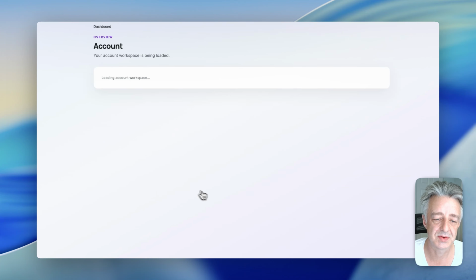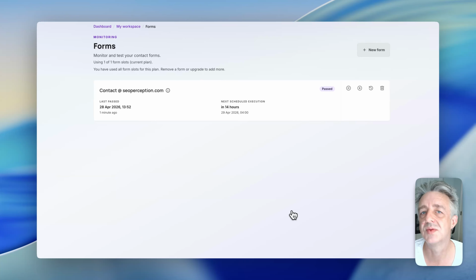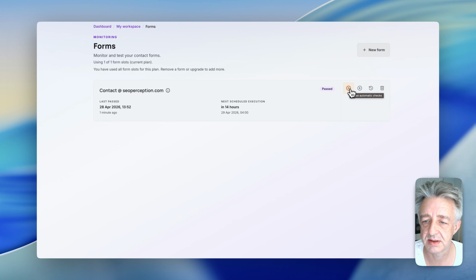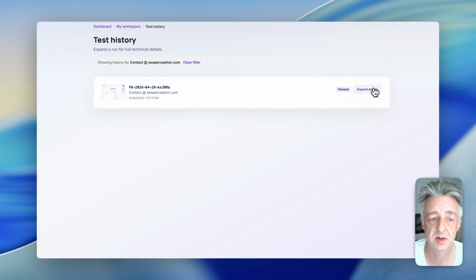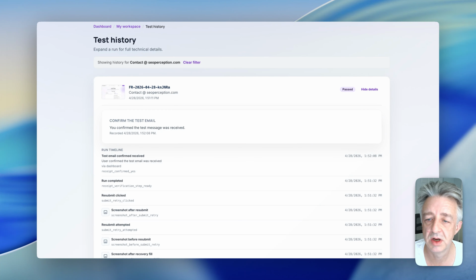Now we can go back to the dashboard. Here you will see a list of the different forms that you are monitoring, and you can see a history of what has been going on. So far, we only have one particular test to run. You can also automatically pause if you don't want to continue, or you can run the test right now, depending on your level. And then you can also see the history, every time we have made a test on this particular form, you can see all the